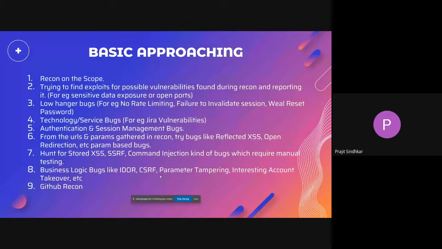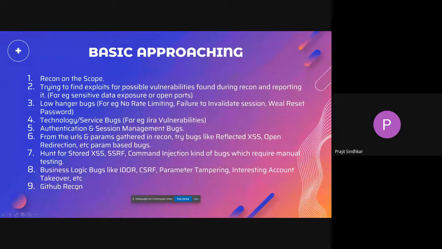Okay, so if you have got a new private invite on Bugcrowd or HackerOne anywhere, which is going to start in some hours, and you directly take on business logic bugs, then it would not be the best thing to do, because if you do low hanging fruit first, there is a chance of getting bounties easily from that. Once you have captured all the low hanging bounties, you can move on to business logic bugs, because if you are taking time in finding these bugs, other people are too.